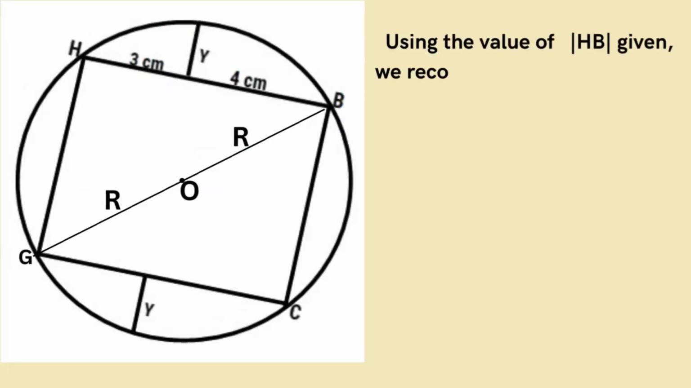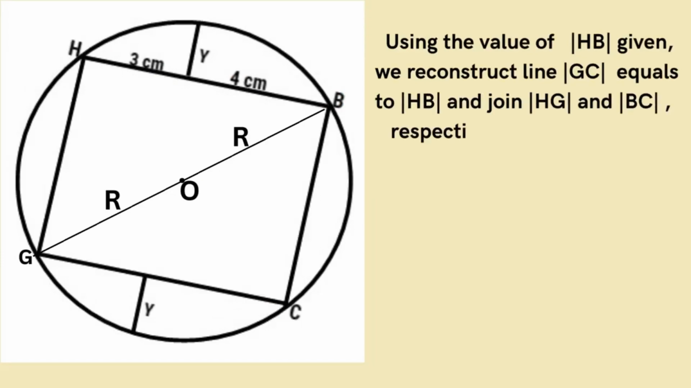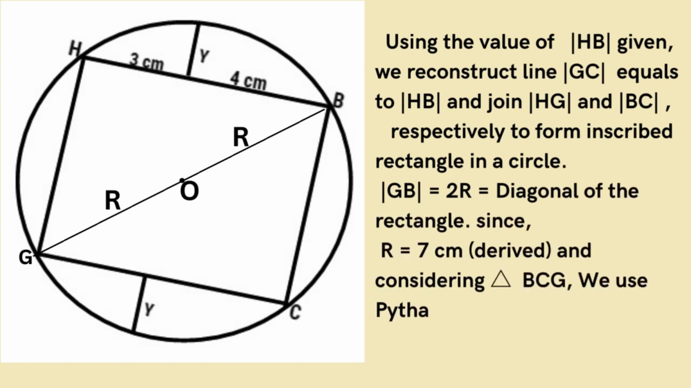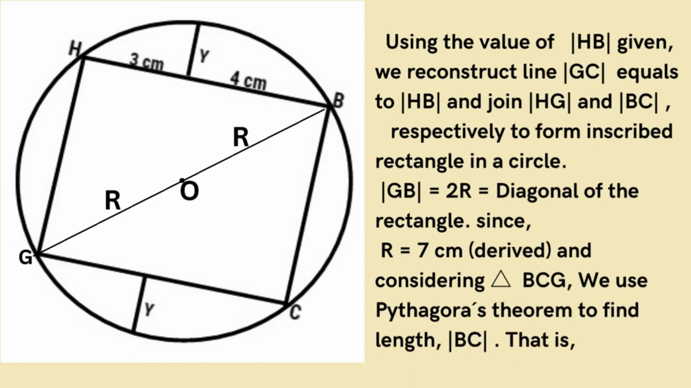Using the values of HB given, we reconstruct line GC equal to HB and join HG and BC respectively to form an inscribed rectangle in a circle. GB equals 2R, which equals the diagonal of the rectangle. Since R equals 7 centimeters as derived, and considering triangle BCG, we use Pythagoras theorem to find length BC. That is